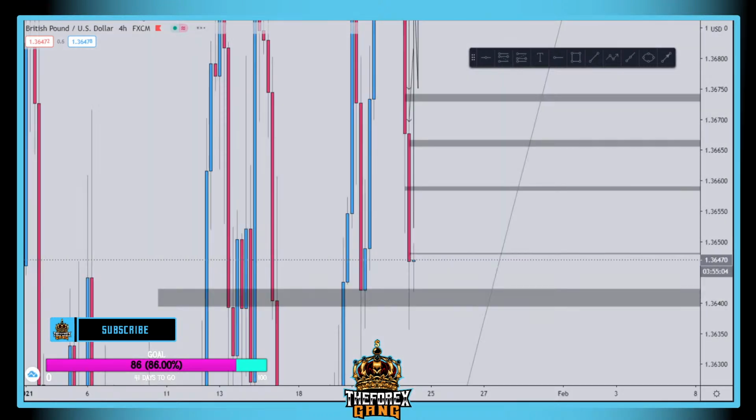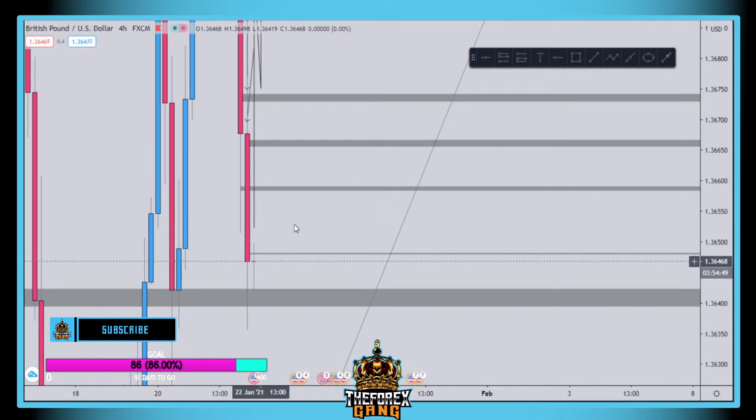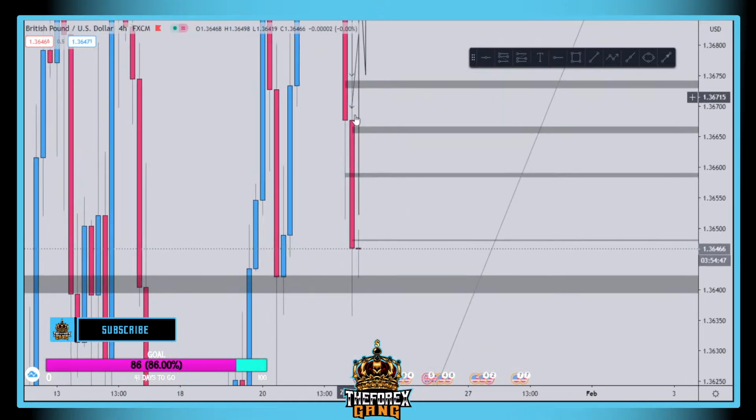So, the 4-hour started. The previous 4-hour closed above the support. The current 4-hour came to the support, touched it, and kind of rejected right now. So if this has to drop, where does it need to come to? Maybe 36,600 or this wick right here. This is 36,500, so I'm going to put a line over here.